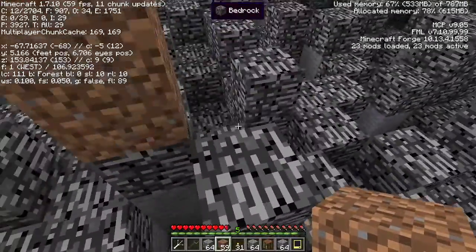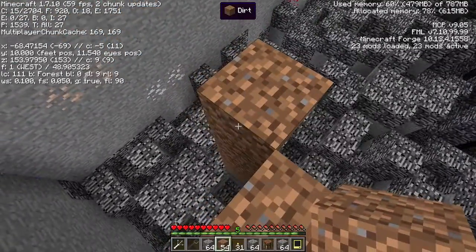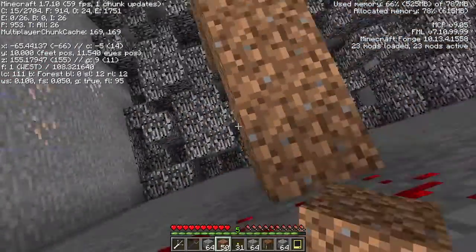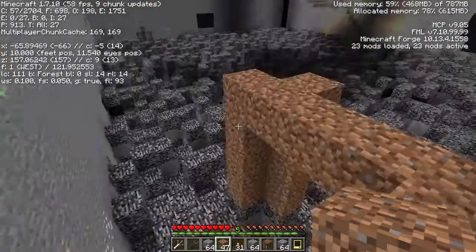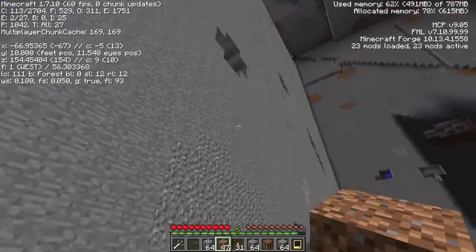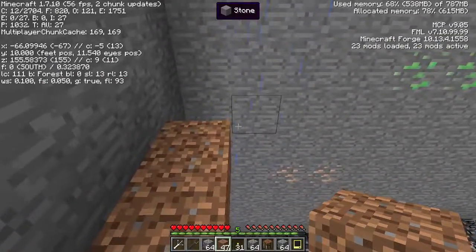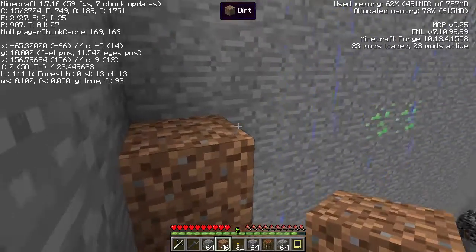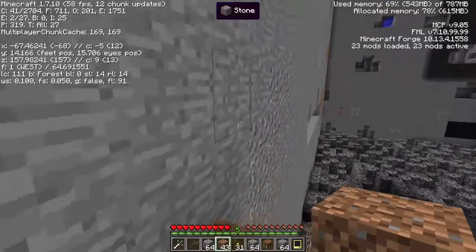Whoop, that was not the way to do that. There we go. Let's go up to level 10 once again. And now let's go ahead and fill in the floor and see what we can do from here. Actually, it would be best, before we do all of this, to connect to the surface to allow the grass to start spreading downstairs. So that is the plan. So let's go ahead and build up to the surface, leave a trail of dirt behind us,